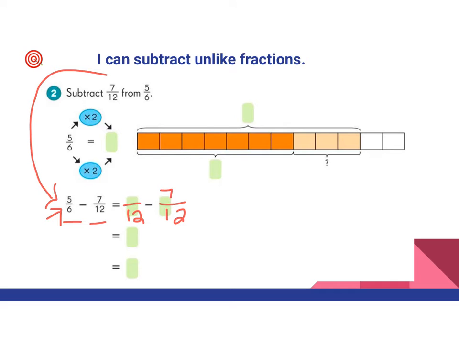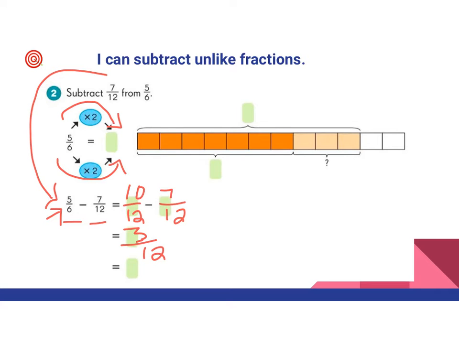So 6 times what equals 12, and multiply the numerator by the same. So that will give me 10/12. 10/12 minus 7/12 would leave me with